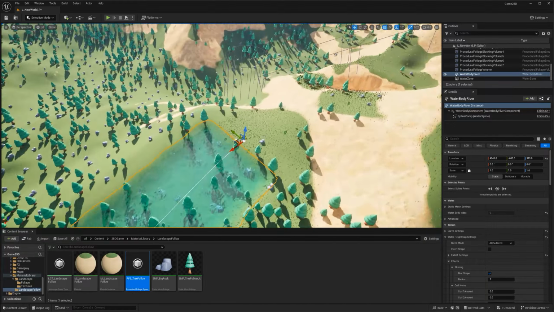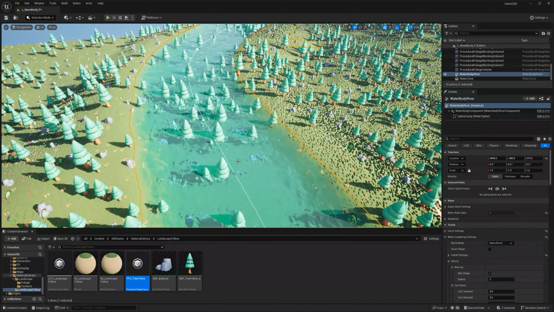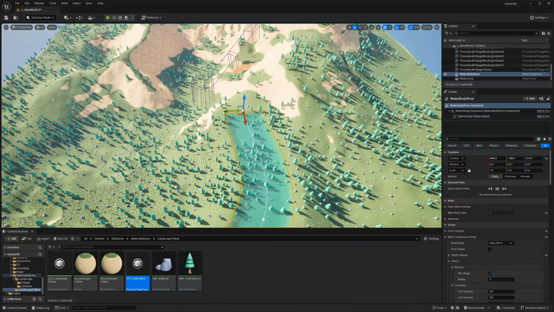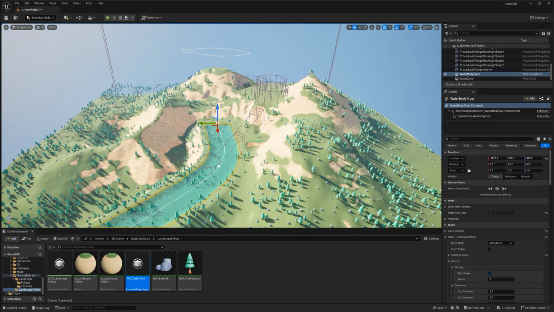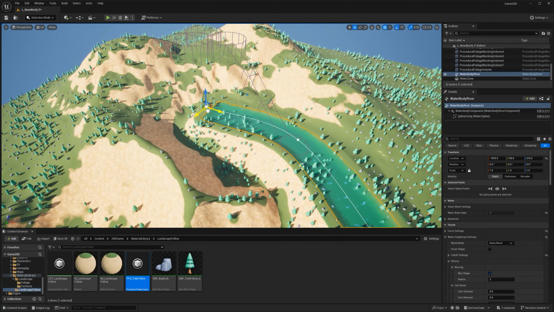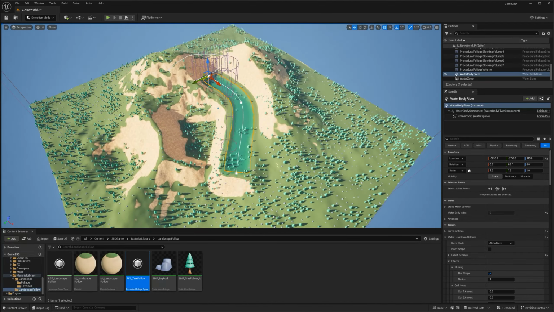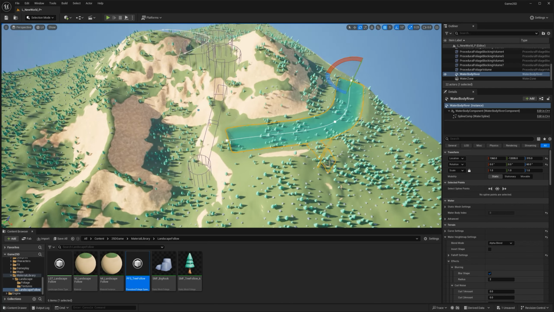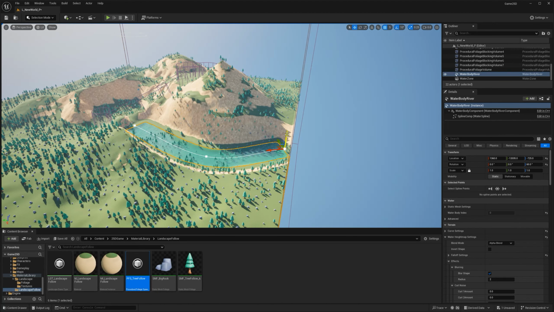So just drag the river to your scene, drop it somewhere, and just like that, a river is going to show up. The way that this works, the beginning of the curve is the direction the river is flowing, and you can see that this object I'm moving around deforms the landscape underneath it. If I keep moving this closer and closer to my sea, it's going to carve a place in it. So I'm going to find where I want this river to start, somewhere here maybe. Move it a little bit down, to be honest.